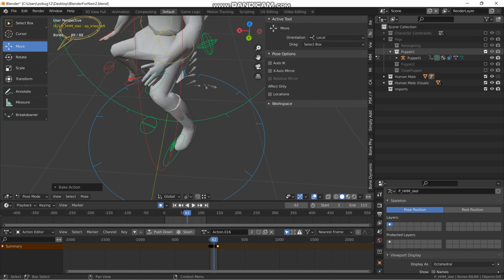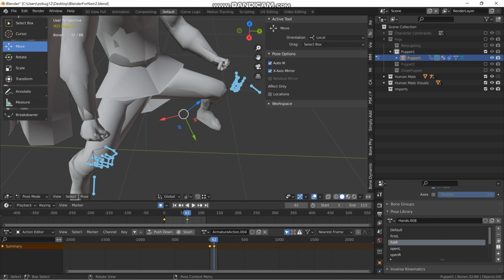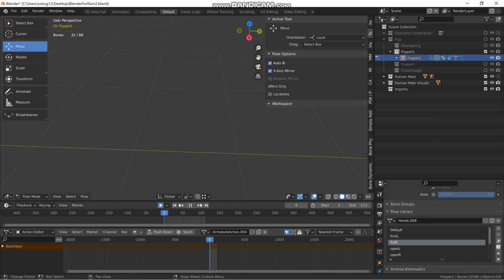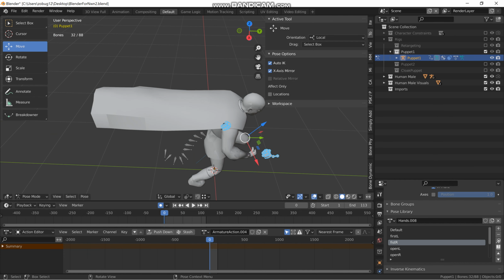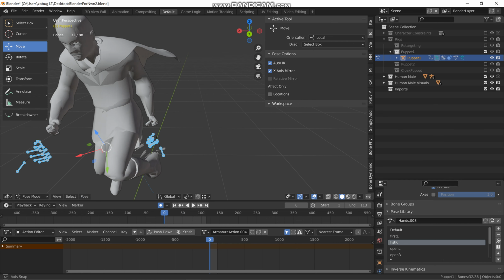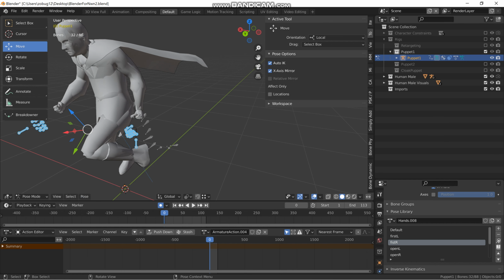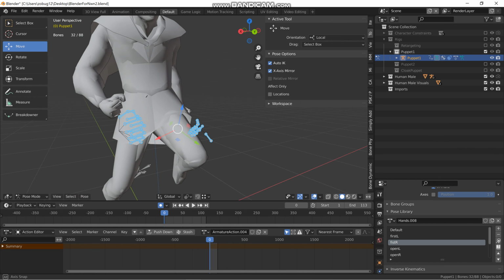You can actually scroll down to the pose library and change their grip, which is not the greatest at this moment, but I guess I need to adjust that a little bit more. I don't know why it's acting like that. Probably because I was there. Is that something I need to look at? Anyways,